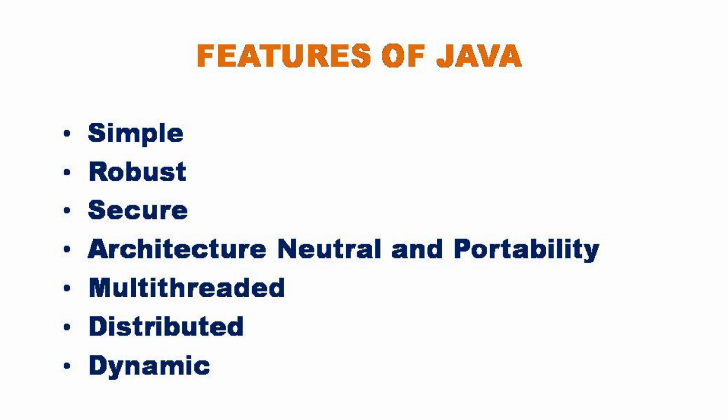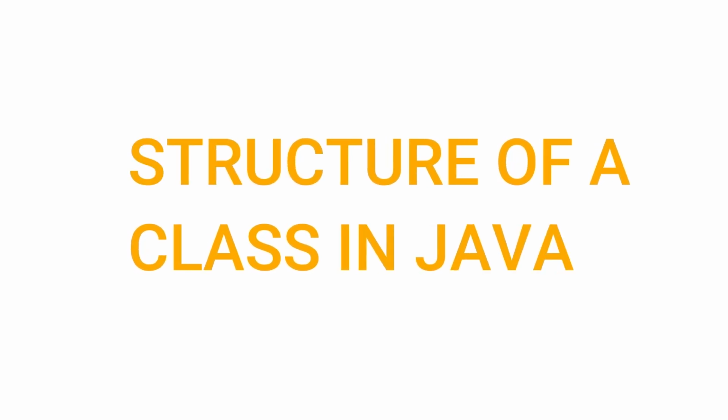Another one is what we call multi-threaded. Multi-threading is the ability of a single program to perform different tasks at the same time or at different times. Always know that a Java application can be accessed throughout the internet or network, which has to do with distributed. Dynamic has to do with the program that you've written, or a class, knowing what next it needs to run its program or to load them accordingly.